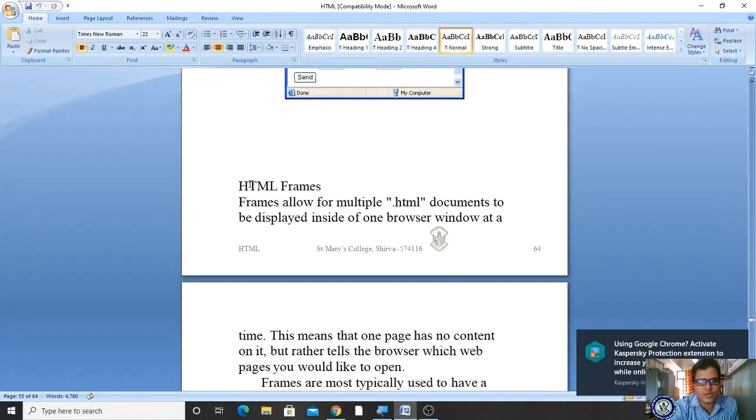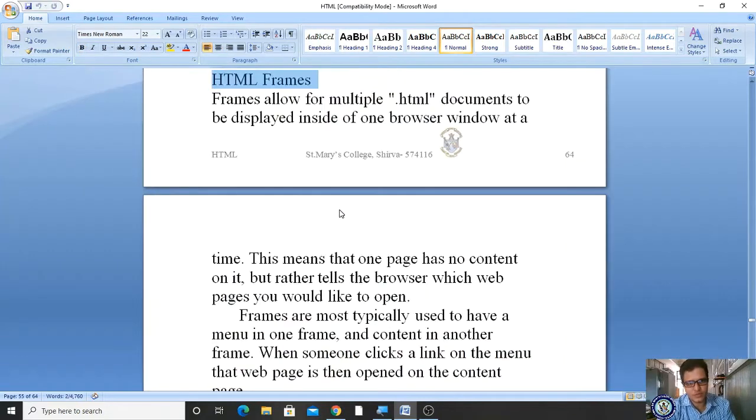Today we are going to be learning about HTML frames. So what is a frame? You have a photo frame. In HTML, frames mean I am dividing my display content, dividing the browser into sections. If you want to divide your browser into parts, then you use this frames concept. Let us see what the definition says.